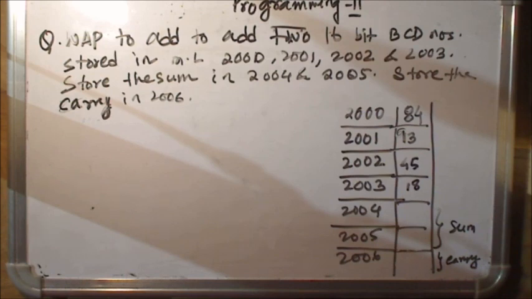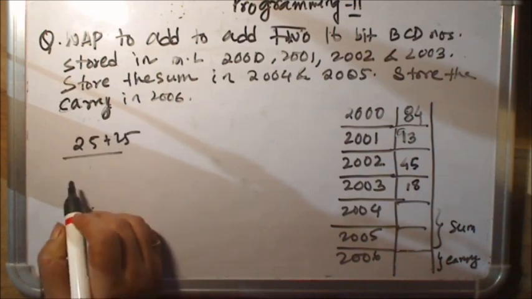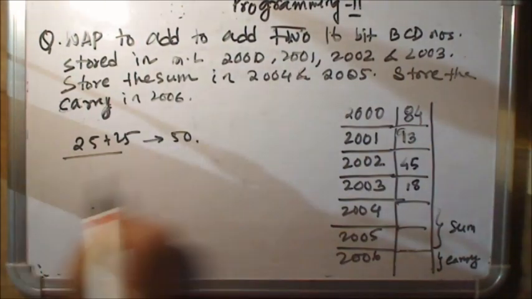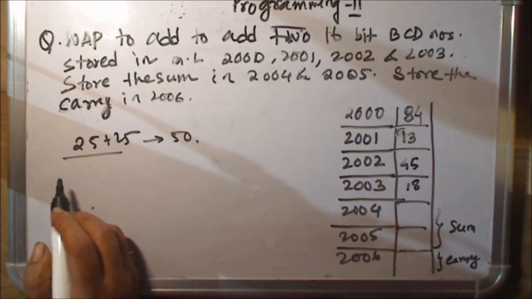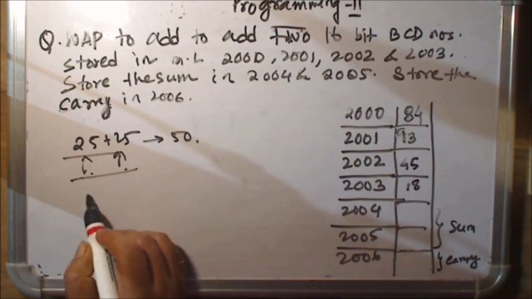Now this is the question, this is a 16-bit BCD number. So what do you understand by BCD number? BCD means decimal numbers entered as if they are hexadecimal numbers. Understood? So when you add two decimal numbers 25 plus 25, you should have got 50 in decimal form. But your decimal form 25, when you enter this in a machine, these are considered as hexadecimal numbers. Then you get what?